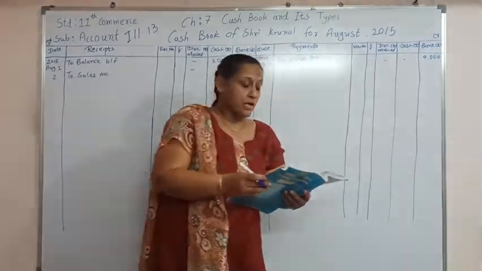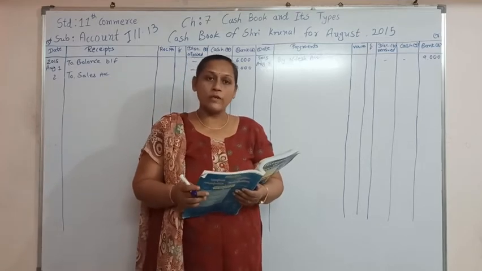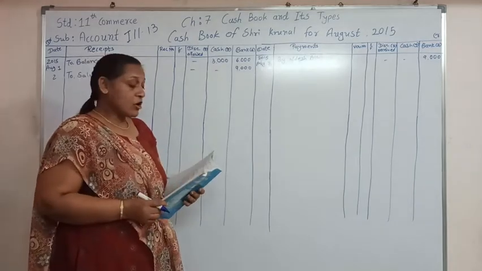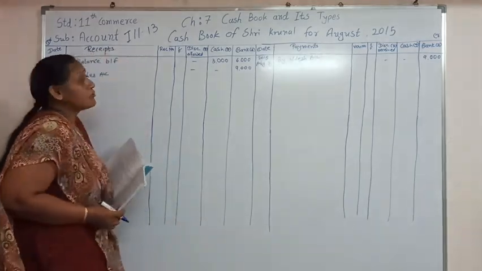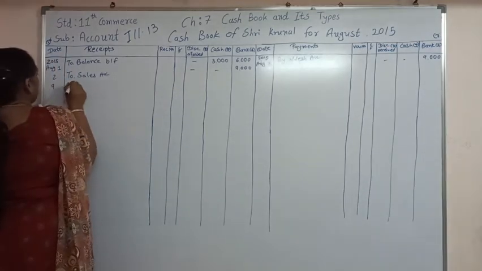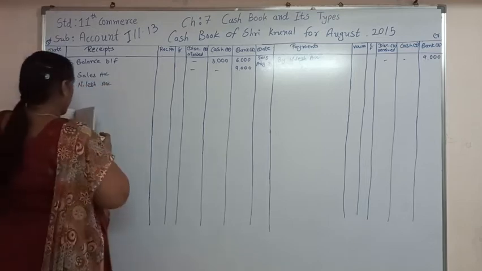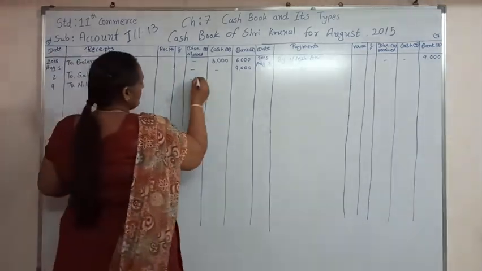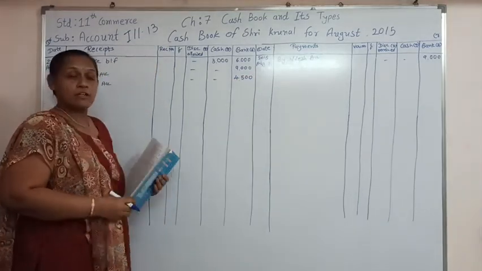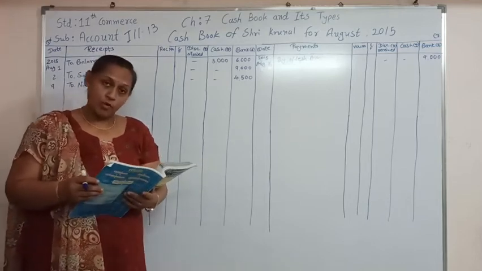Now on date number 9, the receiver of Nilesh paid a dividend of 50 paisa against 1 rupee of the check. So here we were supposed to take 9,000. As of 50 paisa, we are going to receive half the amount of 9,000 from the receiver. So on date number 9 we are going to write down to Nilesh account. Half the amount we are receiving, so that will be 4,500. And the remaining 4,500 will be our bad debt, so that we are going to write off in our journal proper.